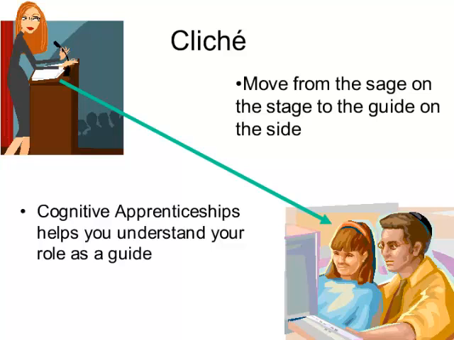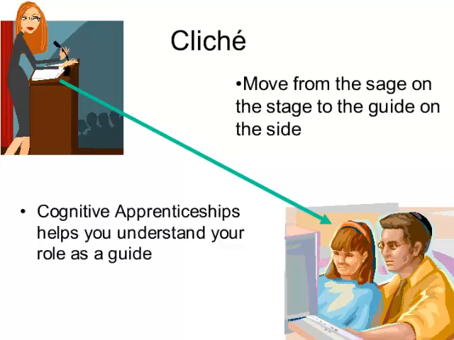Now I'm depicting the child here. Obviously you can be doing cognitive apprenticeships with adult learners as well. But the principal point is that cognitive apprenticeships gives us some specific things about what it means to be that guide on the side, and probably the worst form of cognitive apprenticeships as it's been applied is that you stop being the director of instruction, the center of instruction, to not doing anything with instruction, and so that's kind of the thing that you don't want to have happen.